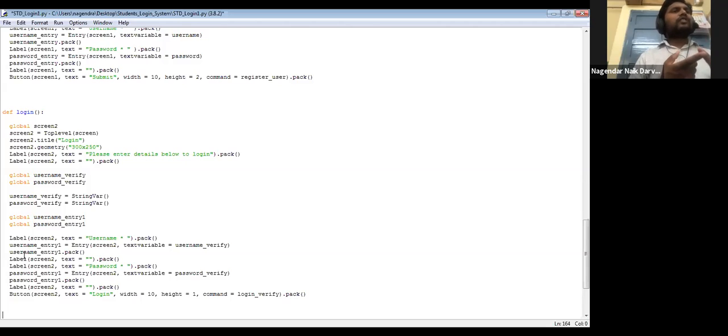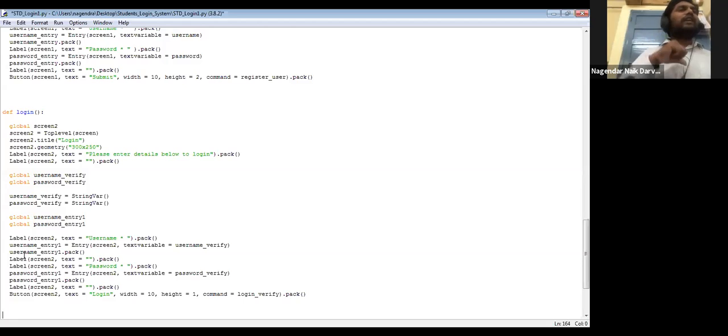So in login also we need to take that, but in register, when you enter username or password, those are going to open a file, save in that file, close that file, and make the window clear with the delete function, right? In login, when you enter username and password, it will take them with entry first, and after the entry is done, then open that file which was already created at registration time.